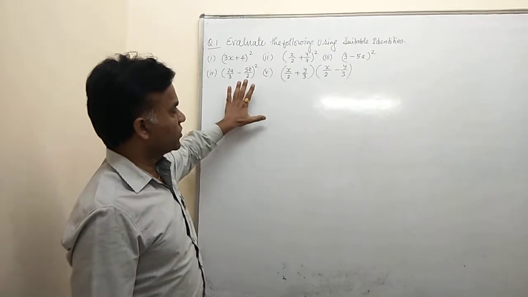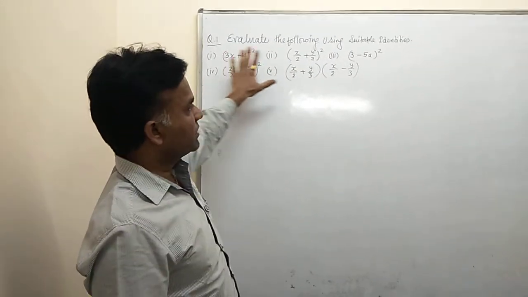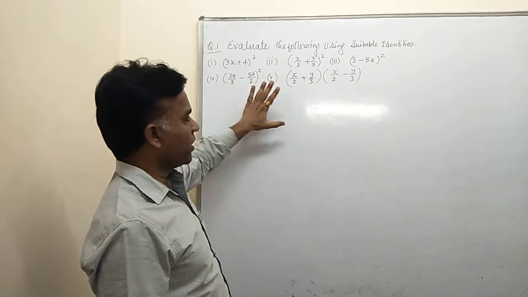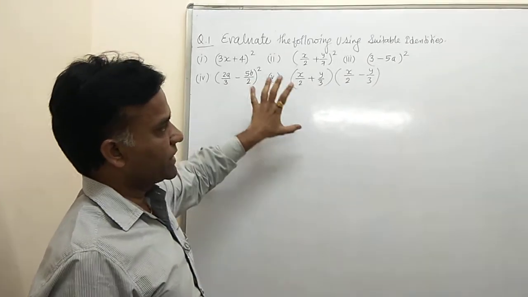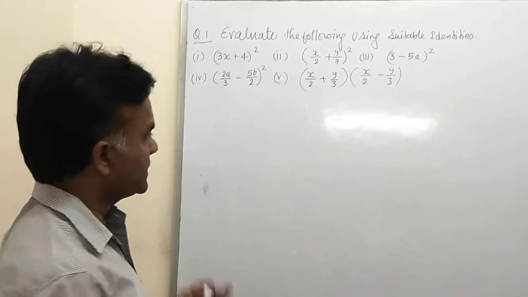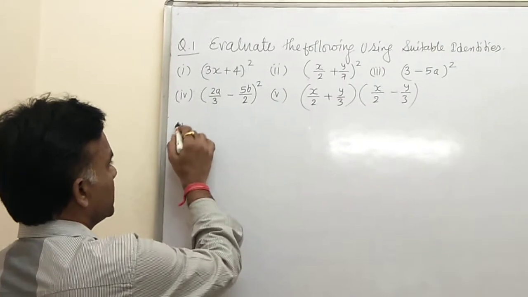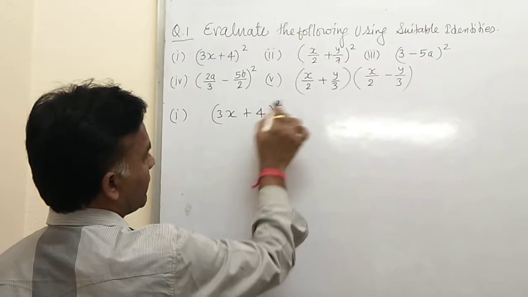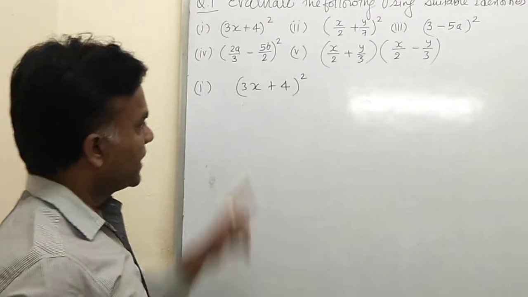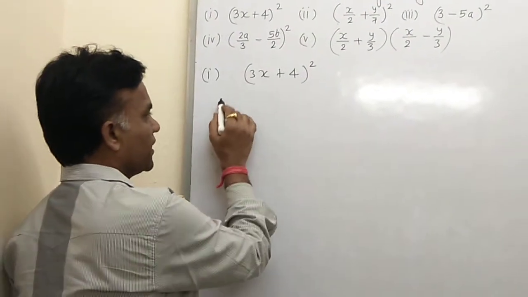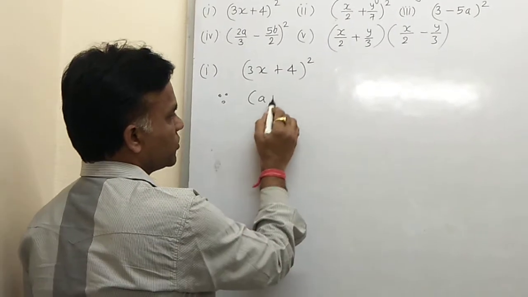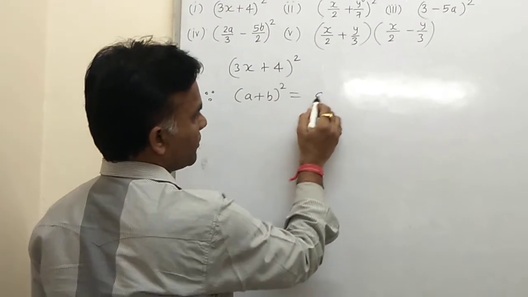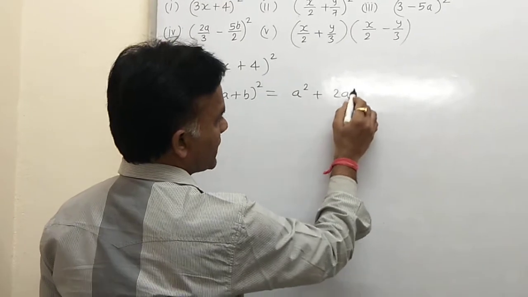So this question is related to the identities, in which we evaluate all the terms with suitable identities. The first question is (3x + 4) whole square. Here we use the identity (a + b) whole square. So you write down first, using (a + b) whole square, which is a square plus 2ab plus